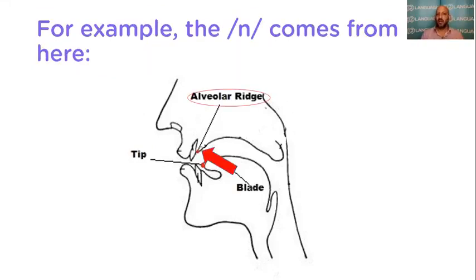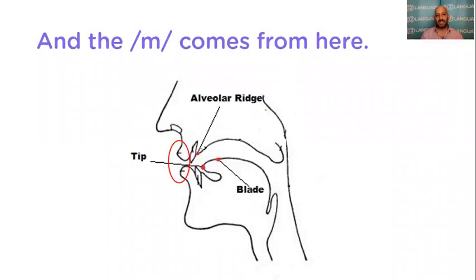So N is an example, like I just gave you about T. N comes from the alveolar ridge. Think about it. The tip of the tongue sits on the alveolar ridge and you make an N sound. So if you say the word nice, N, nice, the N sound starts with the tongue on the alveolar ridge, N. All right? Then the M sound, M, comes from both lips.